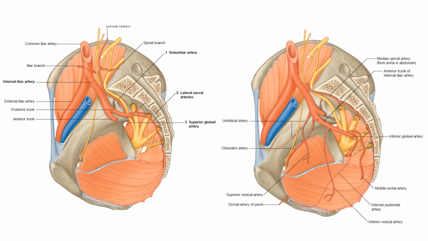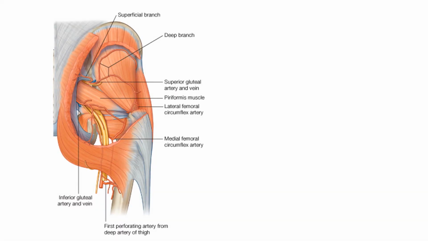This is showing anterior division which continues as inferior gluteal artery. Here is superior gluteal artery which is branched from posterior division of internal iliac artery. Here is inferior gluteal artery which is continuation of anterior division of internal iliac artery. When we look at the vascular structures in gluteal region, chiefly they are branches of superior gluteal artery, inferior gluteal artery, and also ascending branches from profunda femoris artery.